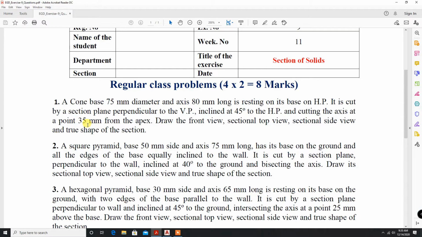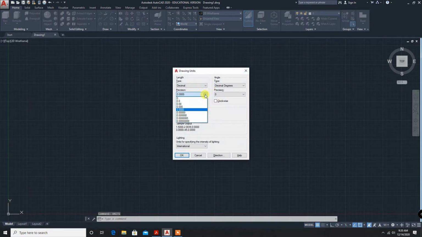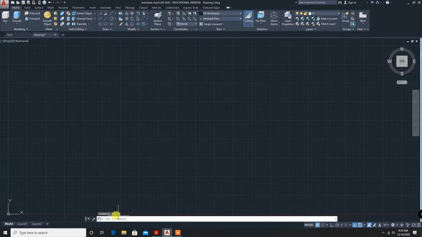Okay, so let's get started with AutoCAD. Units, limits, let's zoom on.